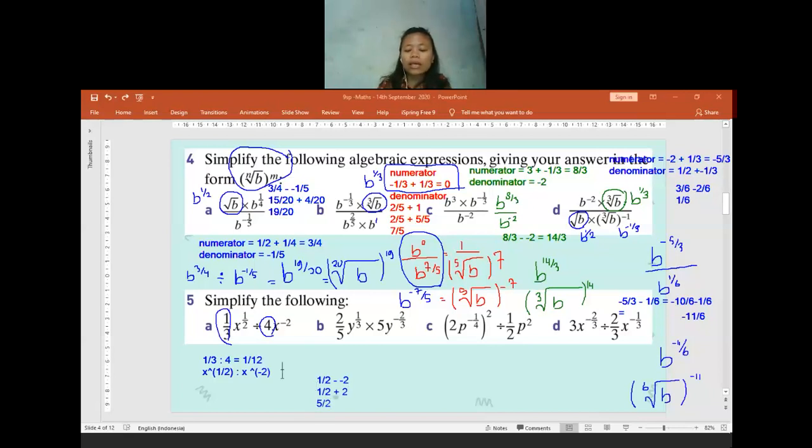So in the end, for the x, we can make it as x to the power of 5 per 2. So the final answer will be equal to 1 per 12 x to the power of 5 per 2. Because the question did not mention anything, you can keep it as fractional indices or change it into root form. It will be up to you because the question only says simplify. But since all of the questions are given in indices, not in root form, I think it will be better if you keep it as fractional indices.